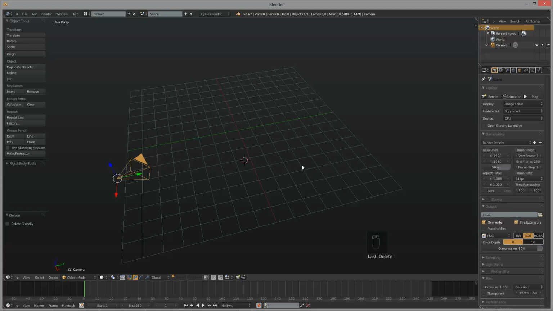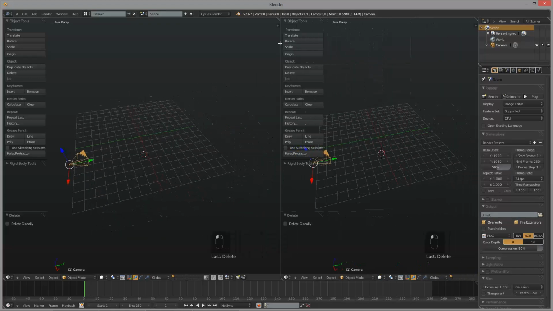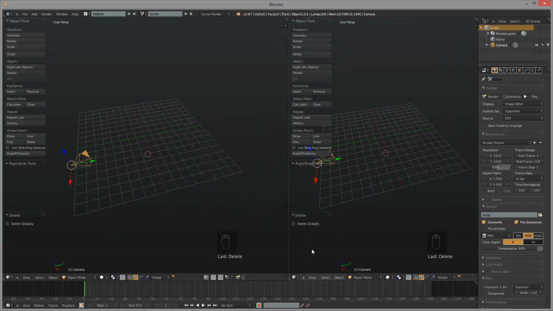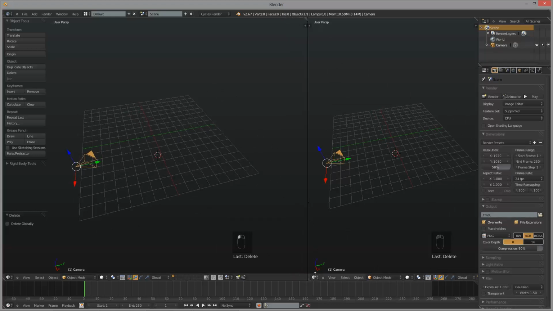So, the first thing we have to do is, it's very good practice when we're doing something and we don't know exactly how it looks, or even if we do know how it looks, but we want to get a more realistic result, we're going to add a reference photo. It's really good to look at something that's already there when you're modeling or animating, whatever. So we are going to load in a reference photo, and we're going to click on this little button,